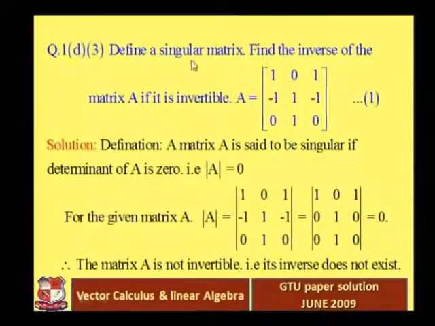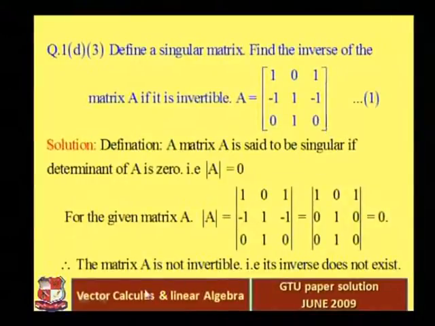So what is the meaning of a singular matrix? A matrix A is said to be singular if the determinant of A is 0, right? Determinant of A is equal to 0. Such a matrix is called a singular matrix. Now find the inverse of the given matrix if it is invertible. First of all we have to check whether the given matrix is invertible or not. That means, can we find the inverse of this matrix or not? If the determinant is equal to 0, definitely it is a singular matrix and we cannot find the inverse of the given matrix. The inverse does not exist if the determinant of A is equal